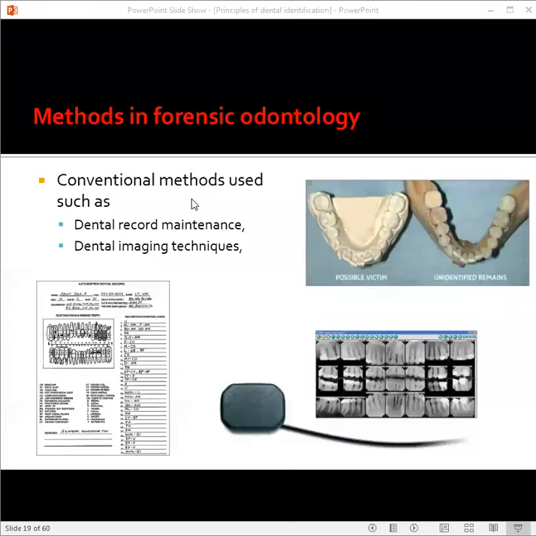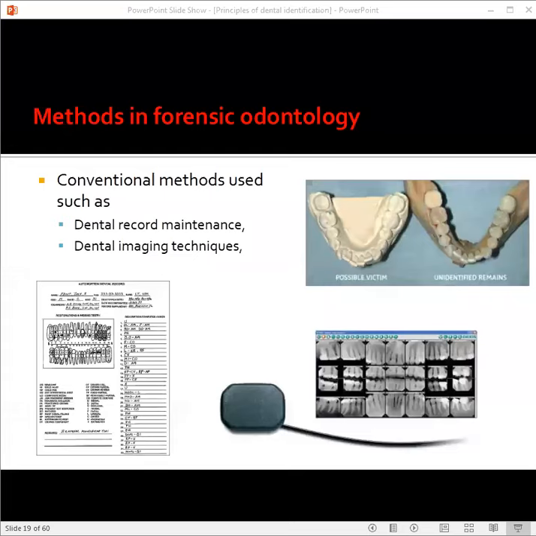So I told you there are various methods for identifying an individual in forensic odontology. We discussed there are a few methods which are not reliable, like visual recognition by deceased relatives or identification of their personal belongings. But the more reliable ones, as I told you, are fingerprint analysis, the dental record or dental examination or dental findings, and the next is your DNA analysis. Now I will try to discuss the individual methods.